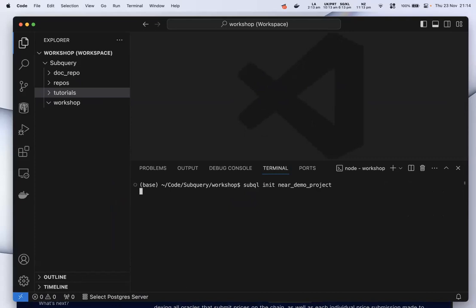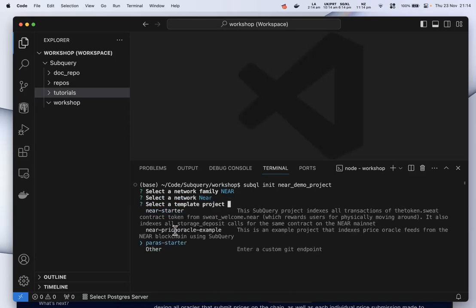You can see a list of networks, including one called Near, and then I'll select the Near network. There is also an example here of what we're going to be building. If you select this one here, it's basically the end state, the code, the answer, so to speak, right? But I won't choose that because I'll choose the starter project first and I'll build it.